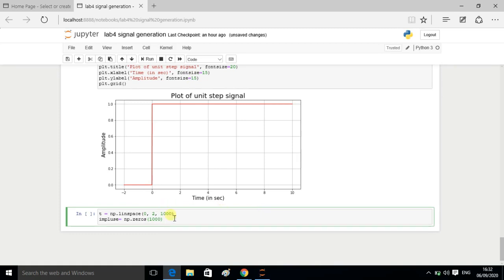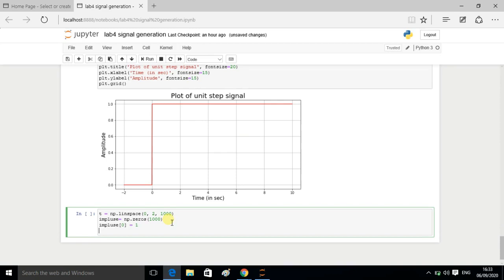If the length is not matching, it will show an error. I will show that. Okay, so let the impulse at 0 location be equal to 1 and all are zeros. Okay,